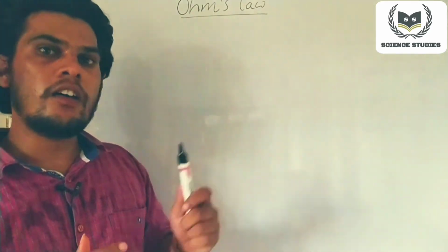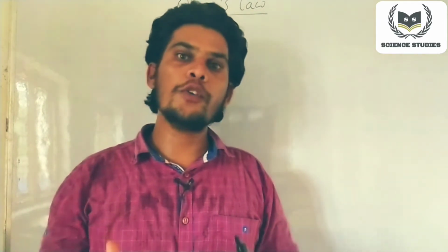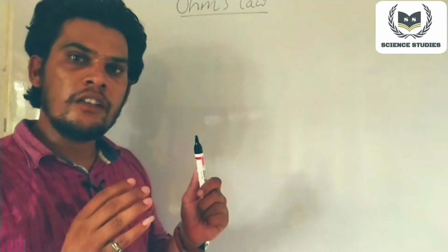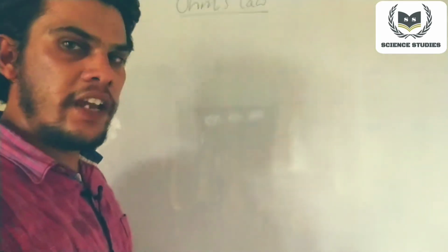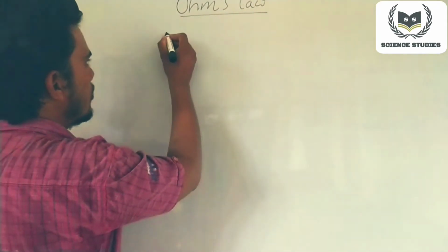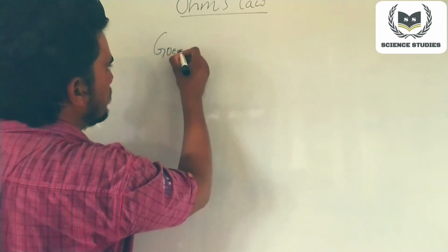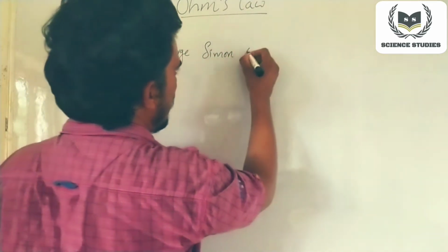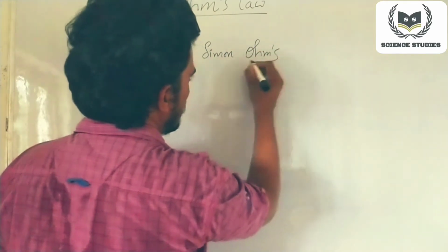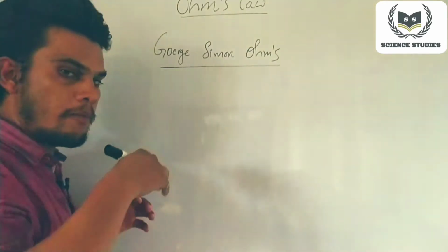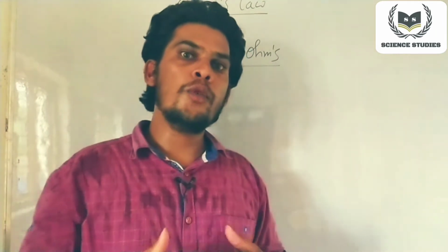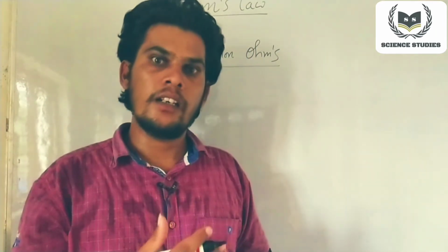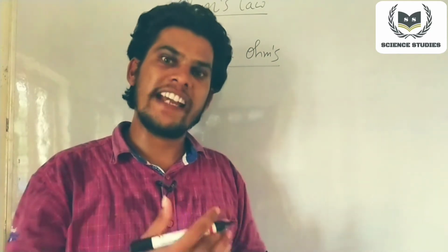So this Ohm's law was introduced by a German physicist. His name is George Simon Ohm. George Simon Ohm is the scientist who introduced the law that is called Ohm's law. Ohm's law states and explains